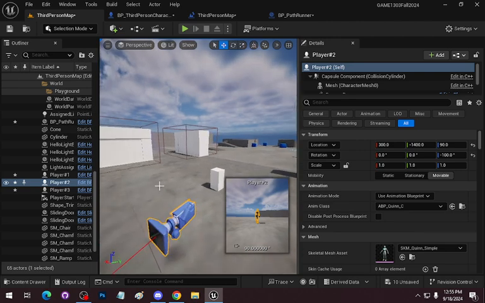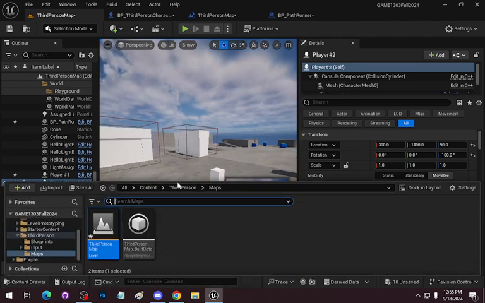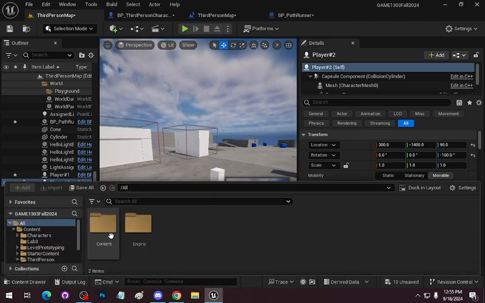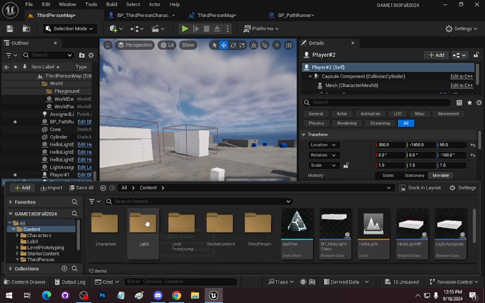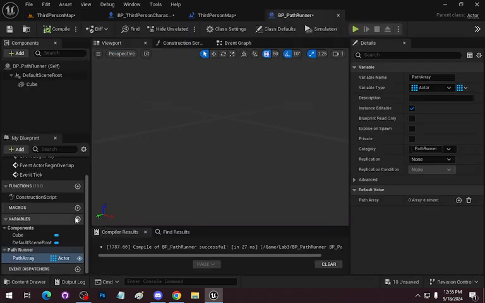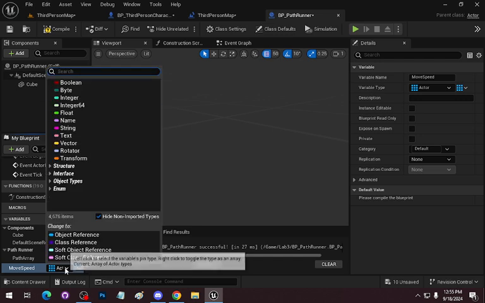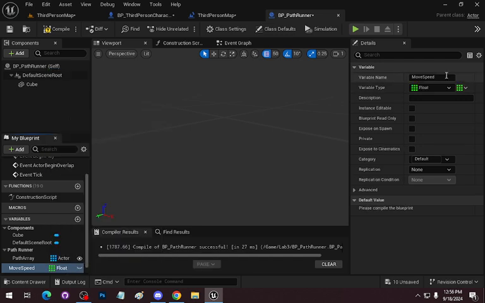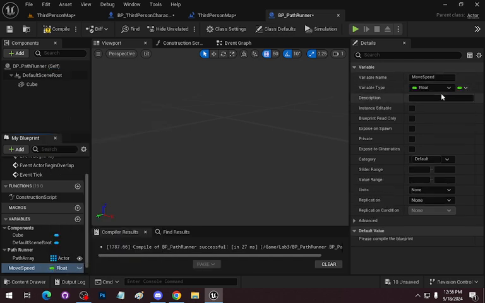All right, let's go back to the path runner. So we know we need a path array. The next thing that we need for a variable is the move speed. And this is going to be a float. And we need to flip this back to a single value. The other thing we need to know is